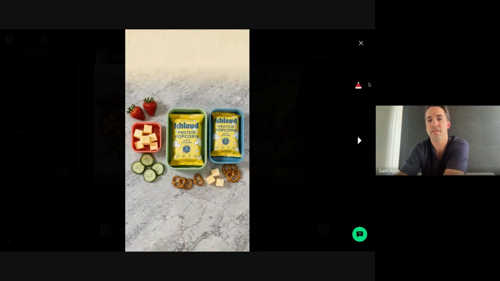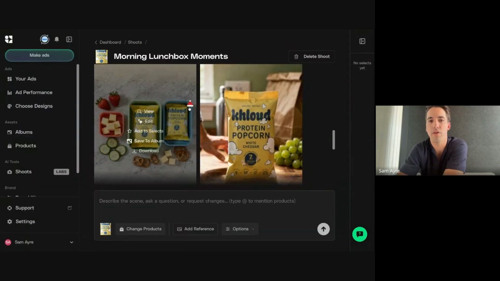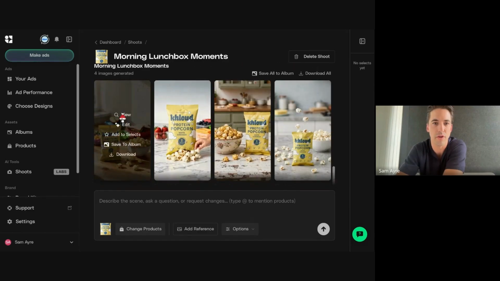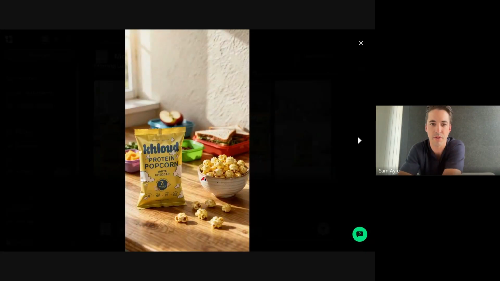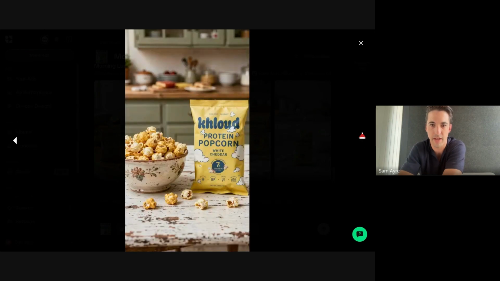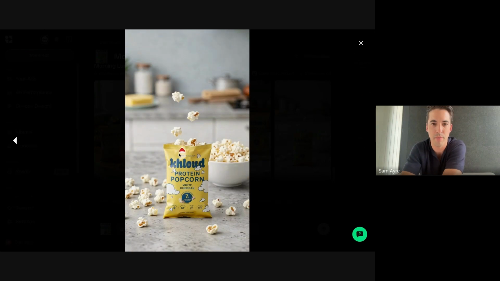And it starts to give me some different examples of how I could bring that to life. And I kind of said, you know, I actually want to see the popcorn as well. Please show the popcorn. So it's looking at what is within the packaging and showing some examples there, which is pretty awesome. I love that one because it's actually opened up the package and has the popcorn kind of